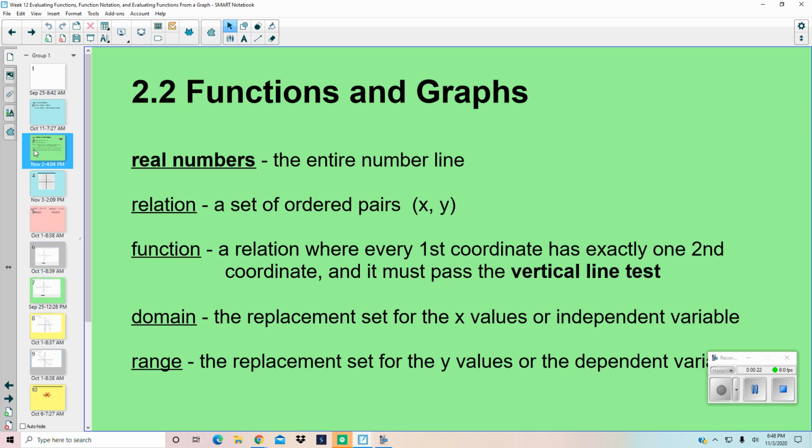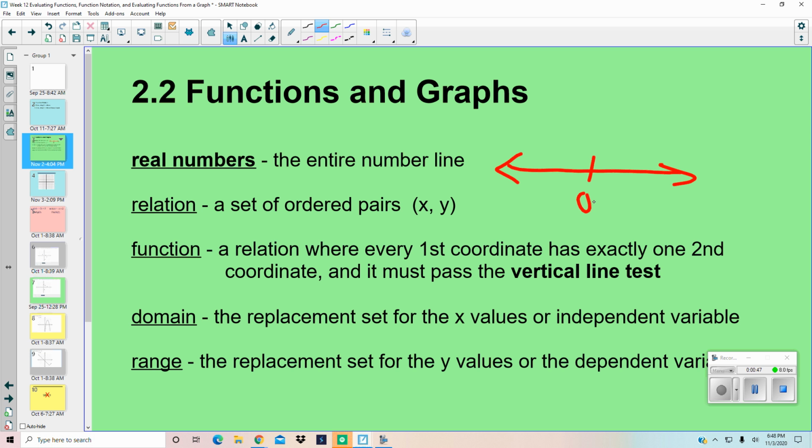If you're looking at the real numbers, then that means the entire number line is what you're talking about, in both directions, up to infinity and to negative infinity. A relation is a set of ordered pairs, so any set of ordered pairs makes up a relation. A function is a relation where every first coordinate has exactly one second coordinate, and it must pass the vertical